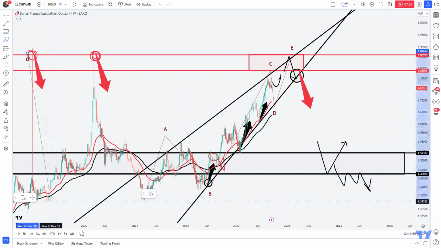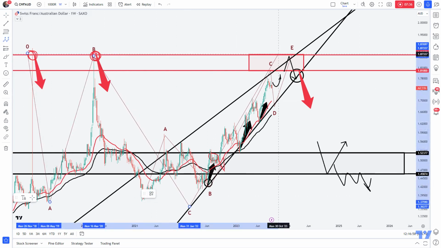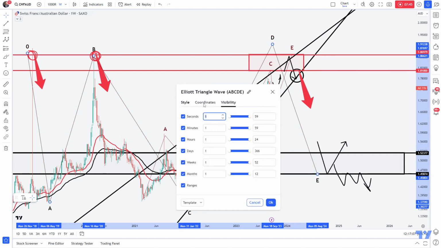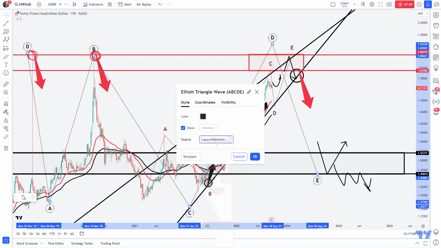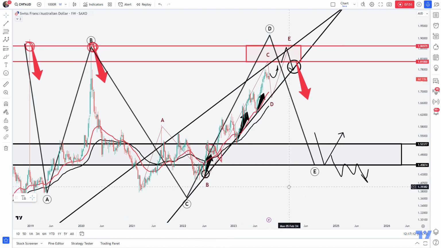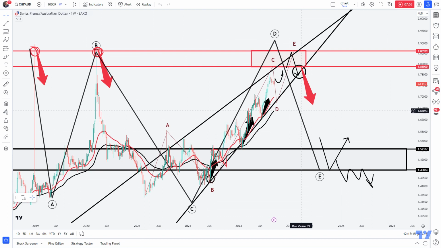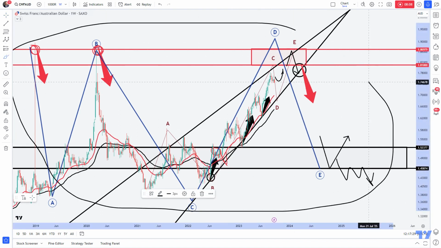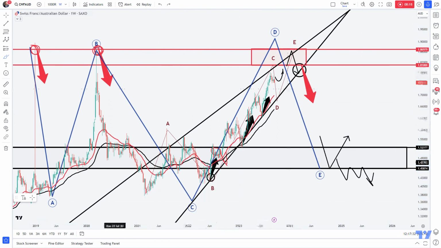Also, when looking at this gigantic structure here, what CHF AUD is also forming here within this whole structure is this gigantic wave count formation structure, and this is also a major consideration that needs to be evaluated within this whole dynamic here, because this is such a gigantic wave count formation structure that once this wave count formation structure has been completed with the major wave E, which will set up with the breakdown below the ascending triangle formation, once this whole wave count development has been completed, this will be a major development, because in this case,